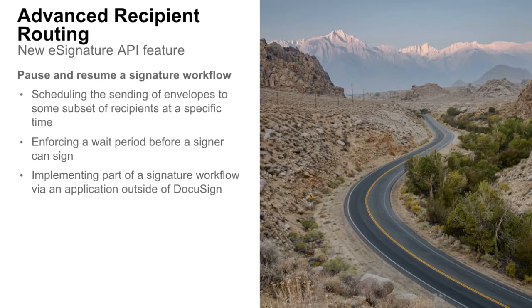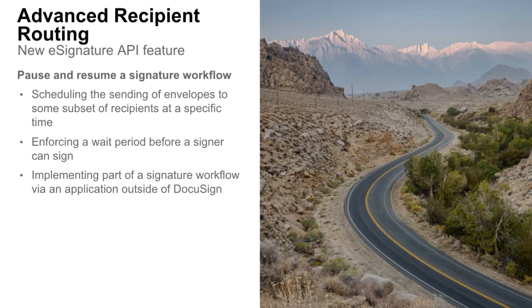Advanced recipient routing also includes the ability to pause and resume a signature workflow. Pausing and then resuming an envelope's routing has many uses, including scheduling the sending of envelopes to some subset of recipients at a specific time, enforcing a wait period before a signer can sign, and my favorite, implementing part of a signature workflow via an application outside of DocuSign. For example, pausing a workflow, then looking up data in an external database, adding the data to the envelope, and